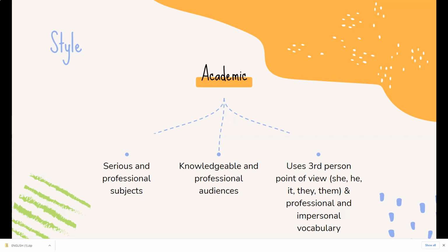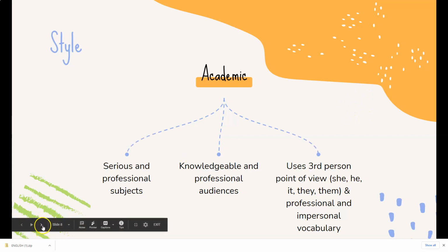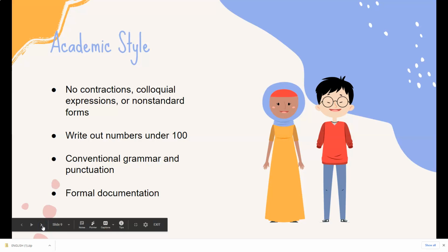However, you always have to keep in mind the purpose why you're writing something. For example, our first essay is to write a personal statement. So you need to use a first person point of view because it will sound a little bit weird if you are using third person pronouns to talk about yourself in a personal statement. So again, you always want to keep in mind the purpose of an assignment or a piece of writing.